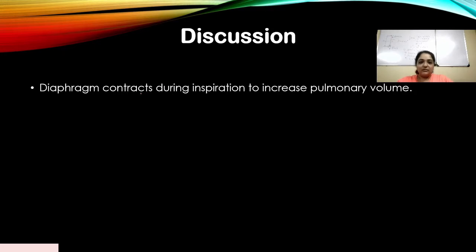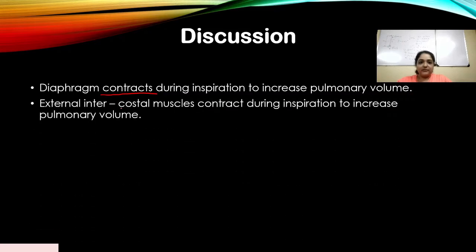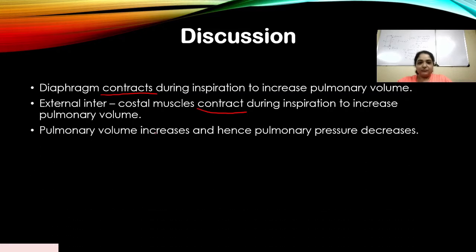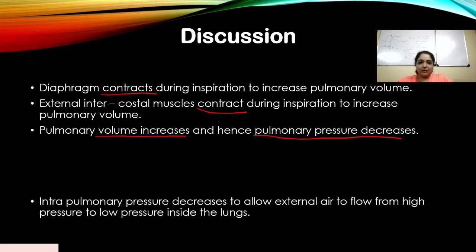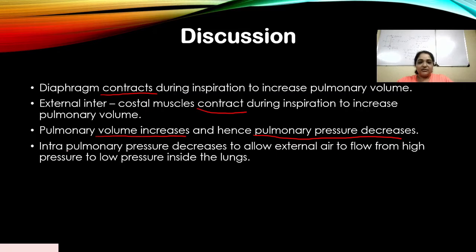Like I stated earlier, the diaphragm contracts during inspiration to increase pulmonary volume. External intercostal muscles also contract during inspiration to increase the pulmonary volume. So pulmonary volume increases during inspiration and hence pulmonary pressure decreases. And the last statement, intrapulmonary pressure decreases, and this allows the external air to flow from high pressure to low pressure inside the